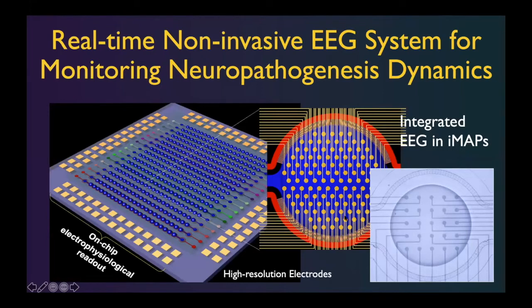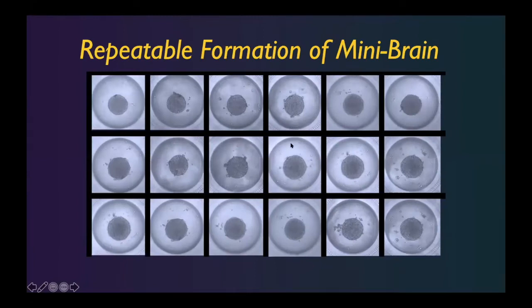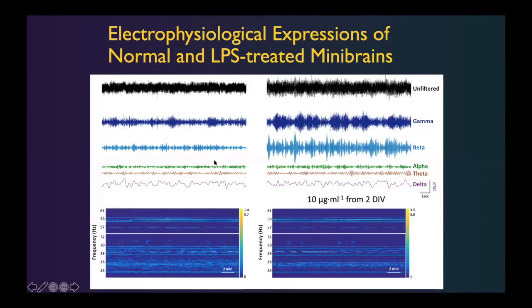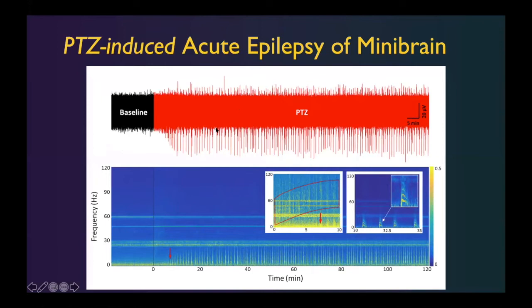And then we can also detect EEG. So we can form a repeatable formation of the mini brain. Then we can measure the normal case as well as drug treated or LPS, which actually comes from a pathogen. This LPS from a pathogen can disturb our brain, and you can see abnormal behavior of the brain monitored within this system, as well as screen the drug using this system so that we can find the best drug to fight back against the attack of the virus.